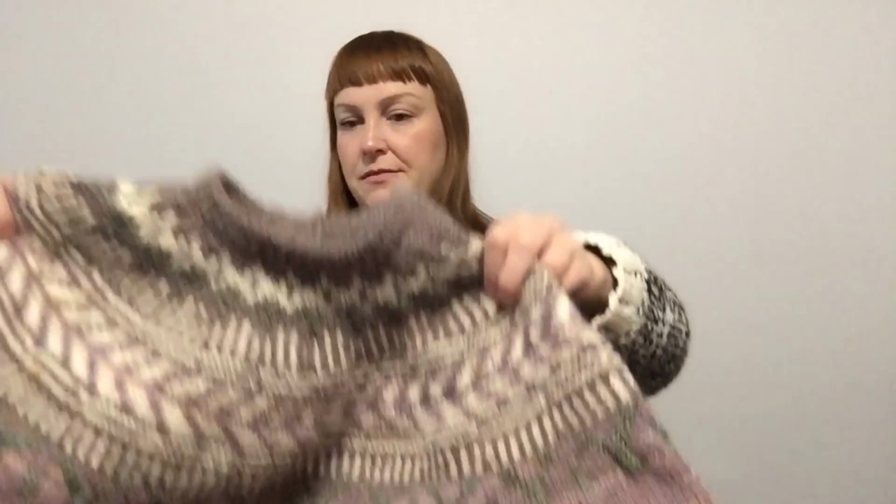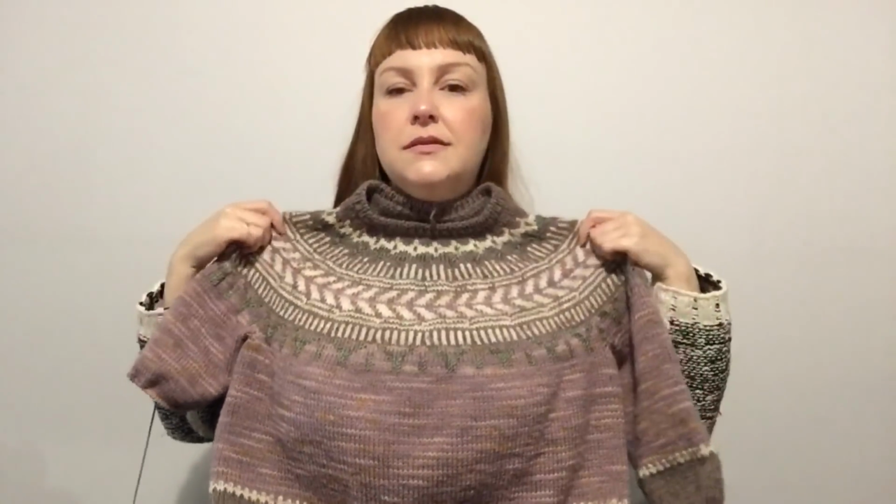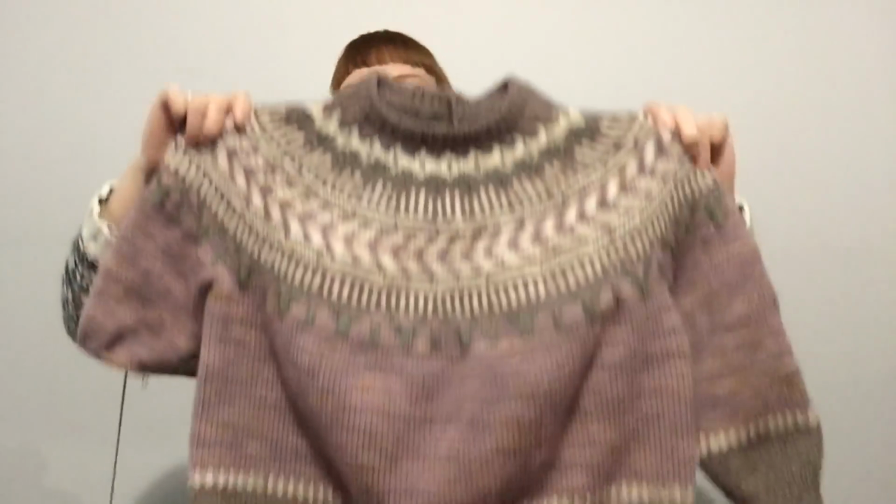Anyway, back to the Soldotna crop. I've modified mine a little bit. The original doesn't have sleeves, and I've put sleeves on mine because I'm not sure why you would ever make a short-sleeved woolen jumper. I just can't think of an instance where I would ever wear a short-sleeved woolen jumper, so I have made this. Let me just...